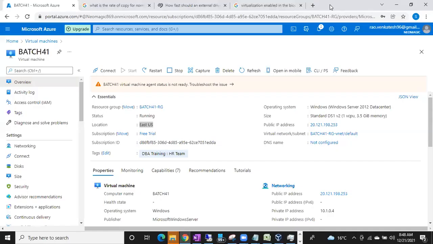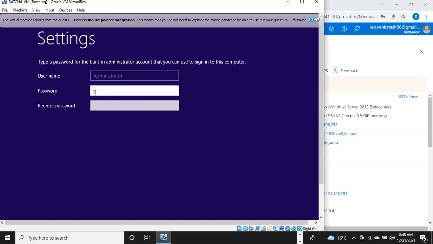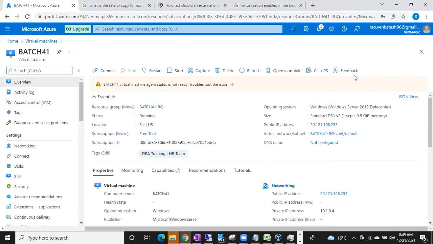But still my on-prem machine is ready. It is taking time. Okay, of course it was completed. It is asking for the username and password. I don't want to confuse you. I just want to compare both so that you will get some clarity. Don't get confused here. This is the one I am creating as an on-prem machine on my local laptop. But this is the one I have created using Azure.